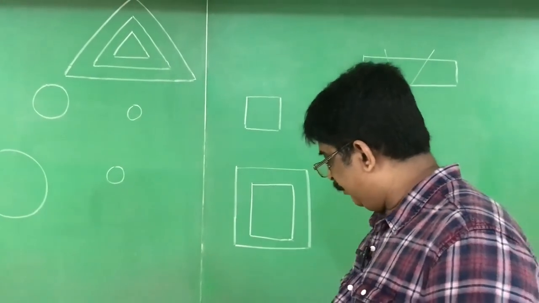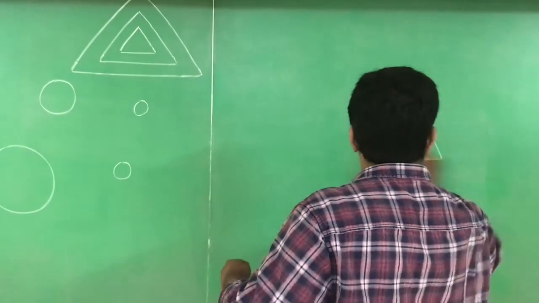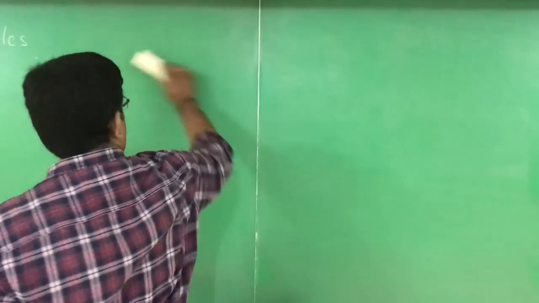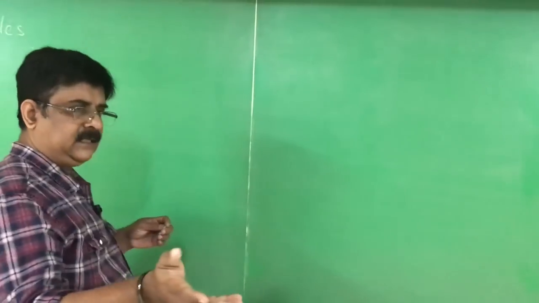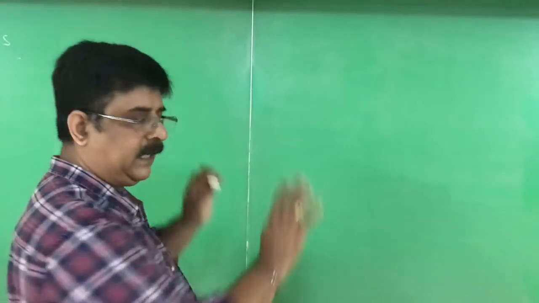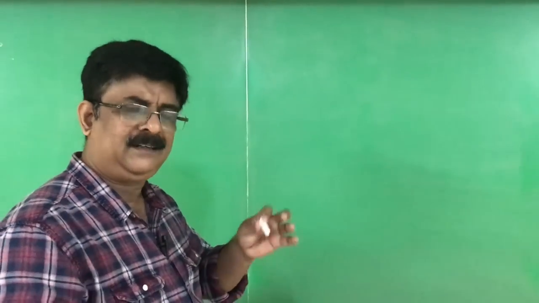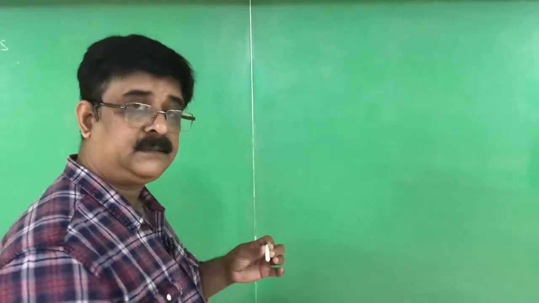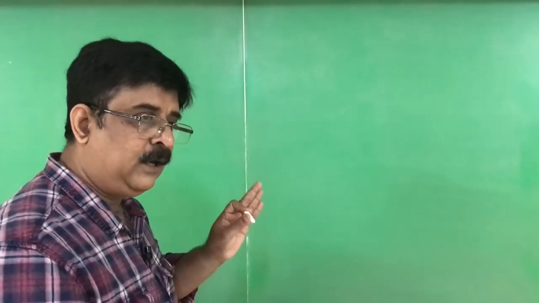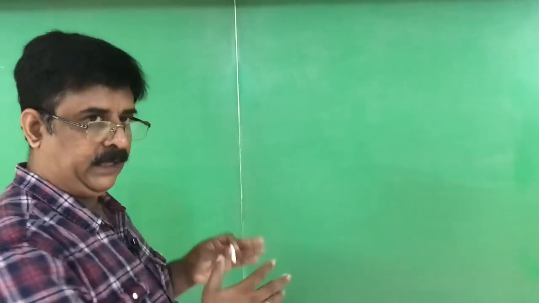Now we have to continue this. See, I remove this. Now try to tell me, how can I detect similar figures? Circles, I know, are always similar. Squares, always similar. Equilateral triangles, always similar. What about a right angle triangle? What about an isosceles triangle? Different types of triangles are there. How can I understand this? Therefore, a certain condition is given to identify similar figures. The condition I list out here.